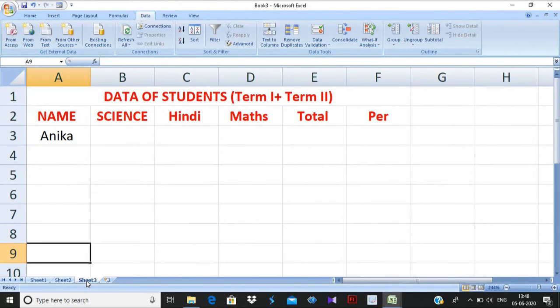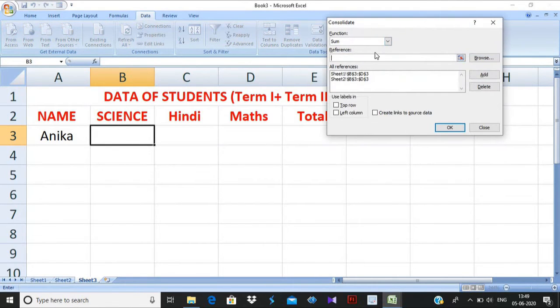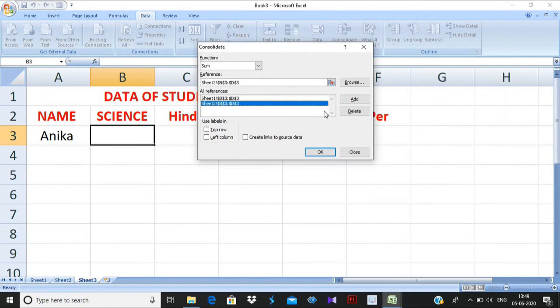Now click on sheet number 3, and click on cell B3. Now click on the Data tab. In the Data tab there is an option called Consolidate. Click on the Consolidate option.